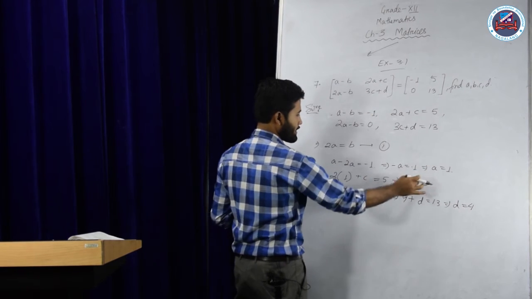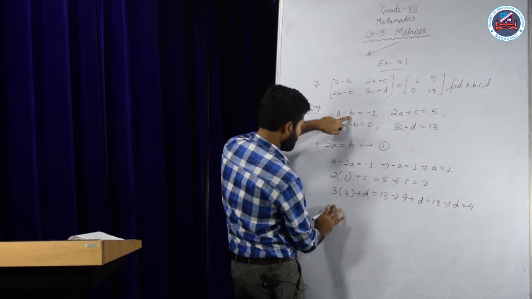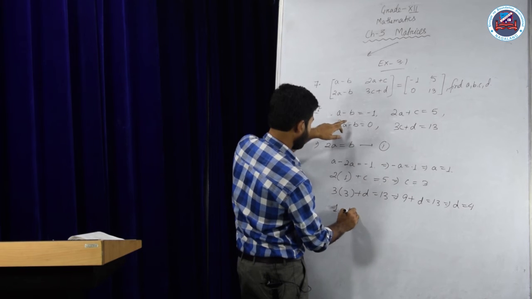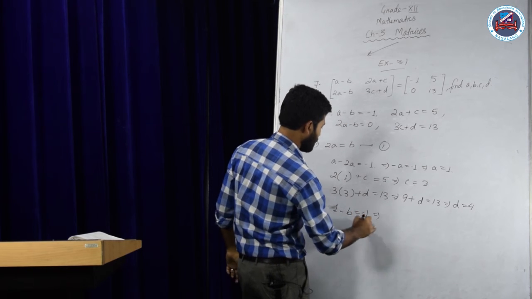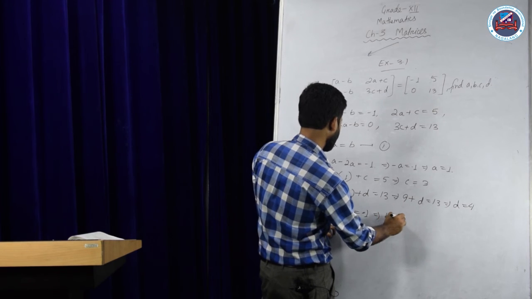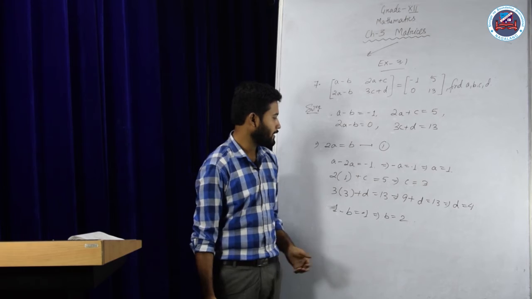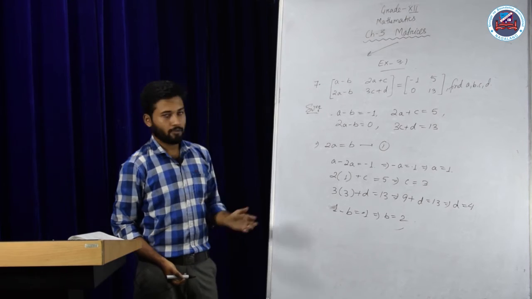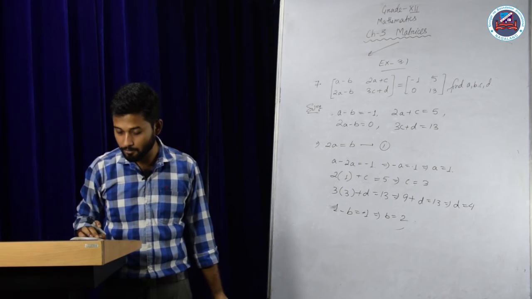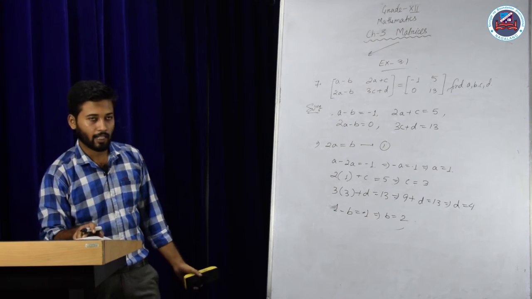So we have got our A, C and D, and now we need only B. So what will be our B? In place of A, if I replace it by 1, 1 minus B is equal to minus 1, and here B is equal to 2. So thus we have got all the values of A, B, C and D. So a very easy one. And one more I have solved in the PDF, that is question number 6. Let's go through that. And next we shall see question number 9.